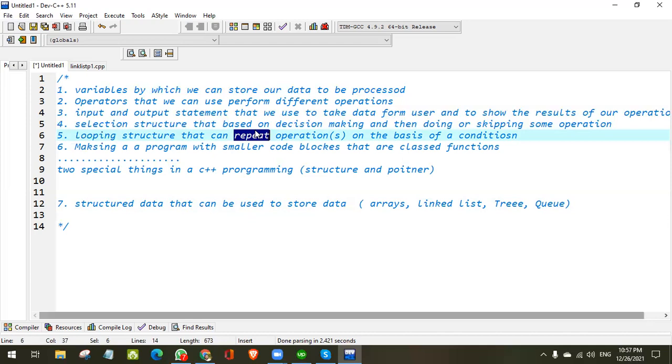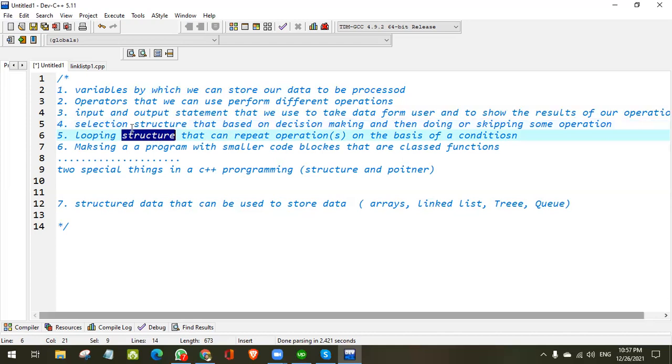So this is a loop. For selection structures, we have three options: the if else statement, the switch statement, and the ternary statement. For looping, we have three structures: the while loop, the do while loop, and the for loop.